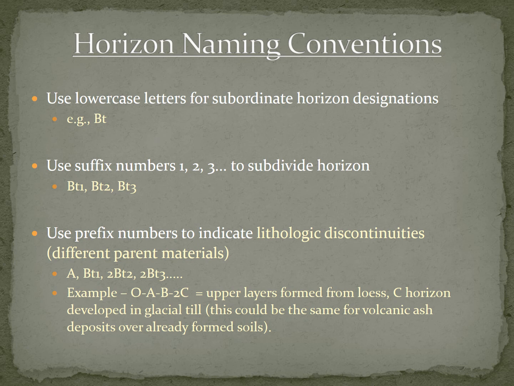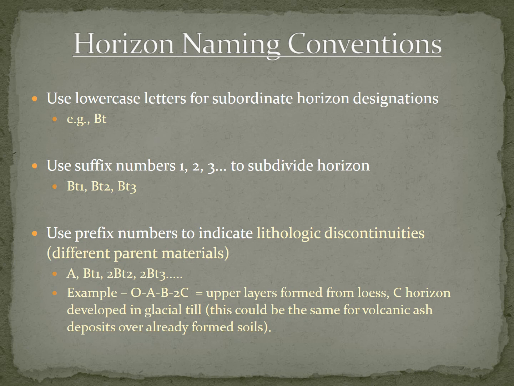And you can have multiple accumulations of clay. Let's say you have 3 horizons that are full of clay, but they each have different amounts of clay. Maybe the first BT horizon has 30% clay, and the second BT horizon is a different color and has 36% clay. And the third BT horizon is also a different color and has 45% clay. You see where I'm going with this? We would then call it BT1, BT2, and BT3 to differentiate them.